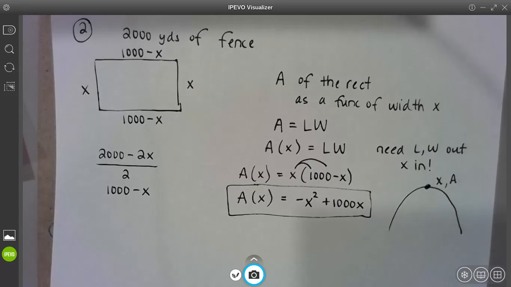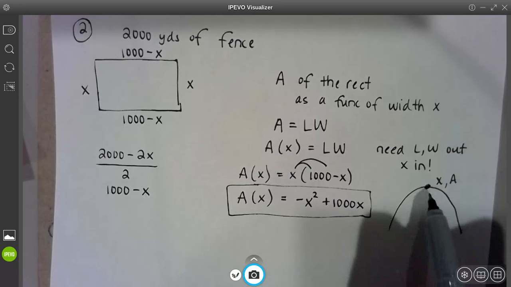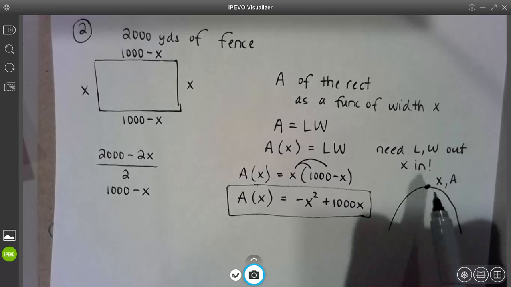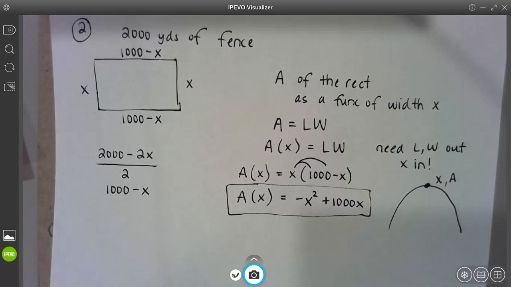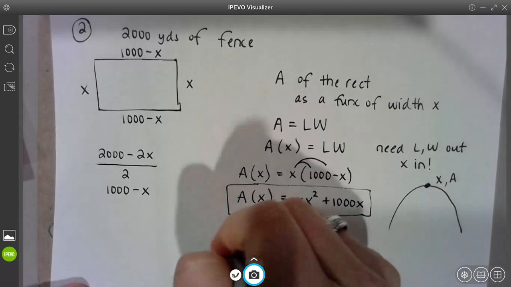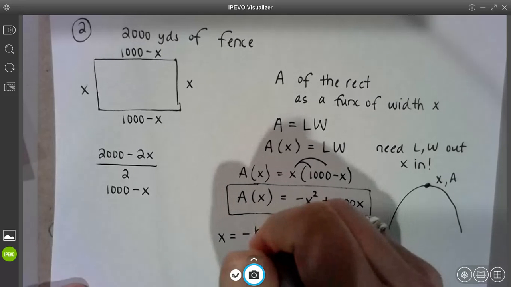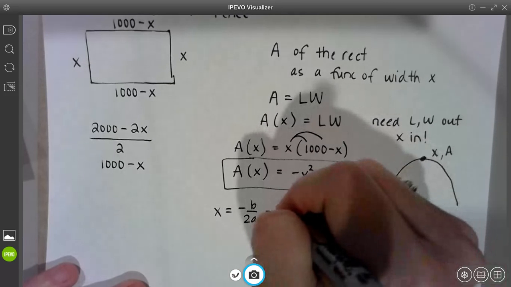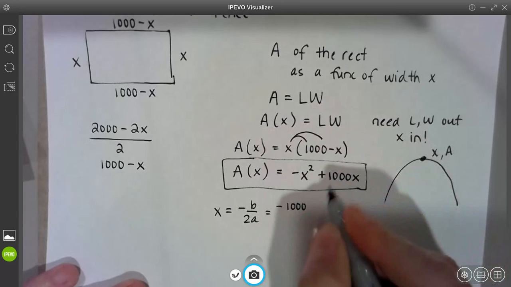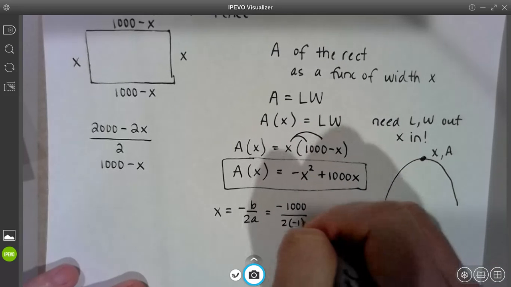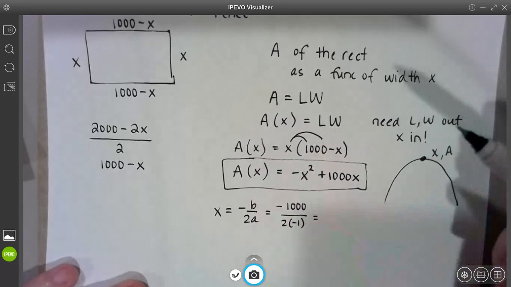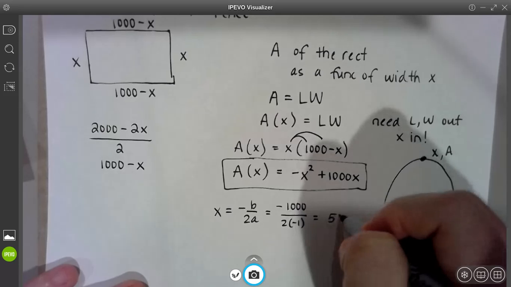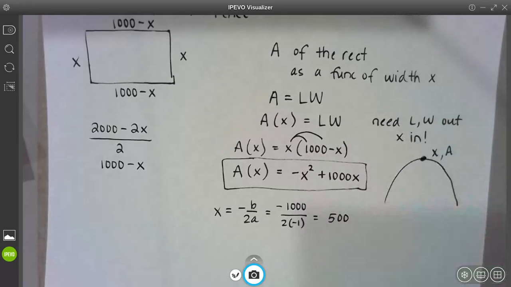All right, they asked you to find the dimensions, the length and the width, that maximize the area. So guys, we need the x coordinate, the width, of this vertex. So it's negative b over 2a. So it's going to be negative 1,000, right? The opposite of b over 2 times negative 1. So it's going to be what? Negative 1,000 divided by negative 2, that's 500. So I need the width to be 500,